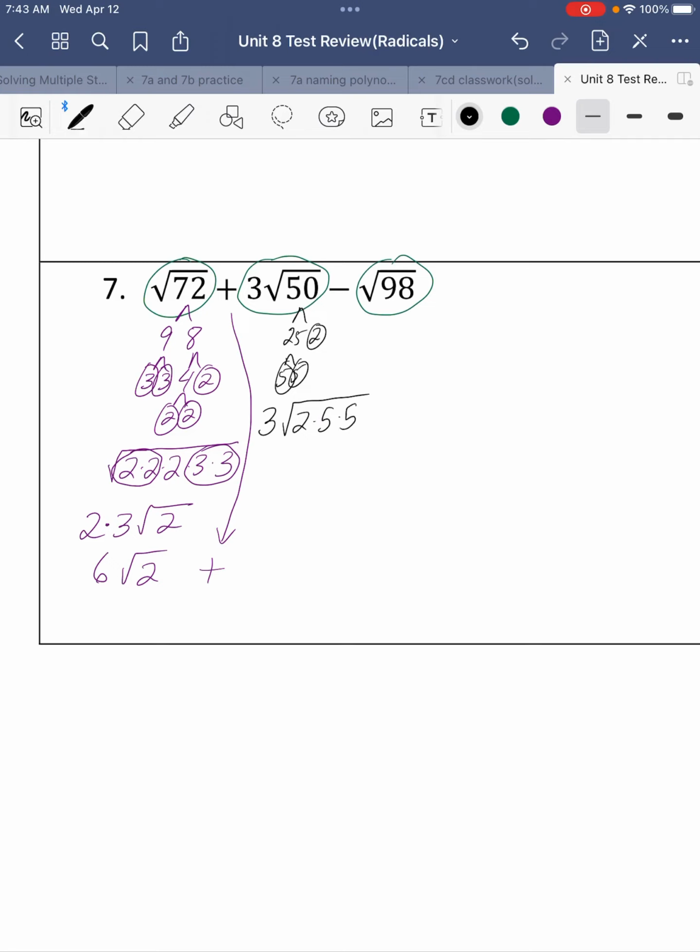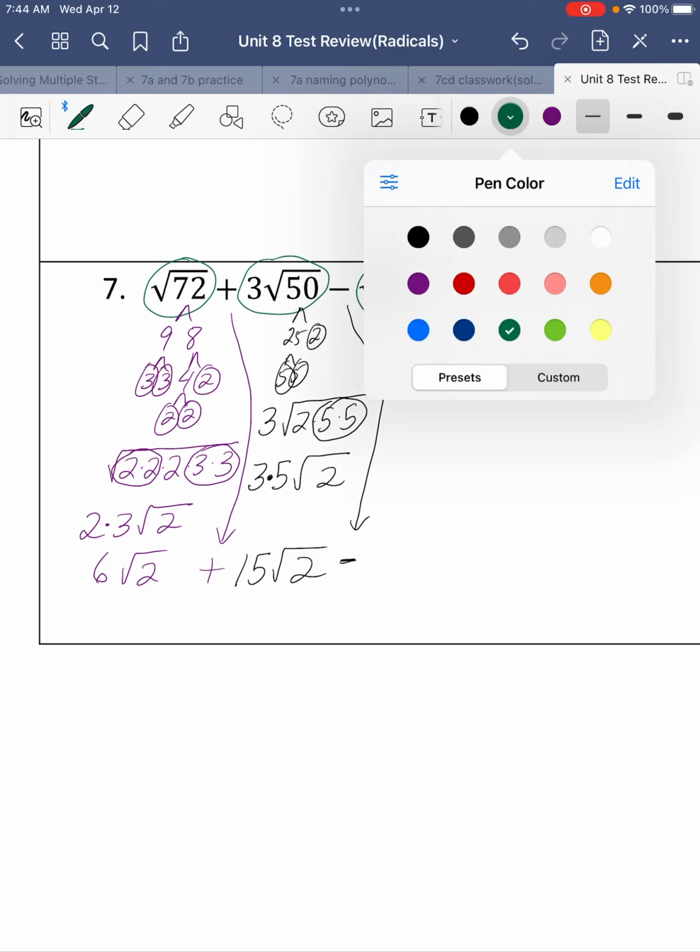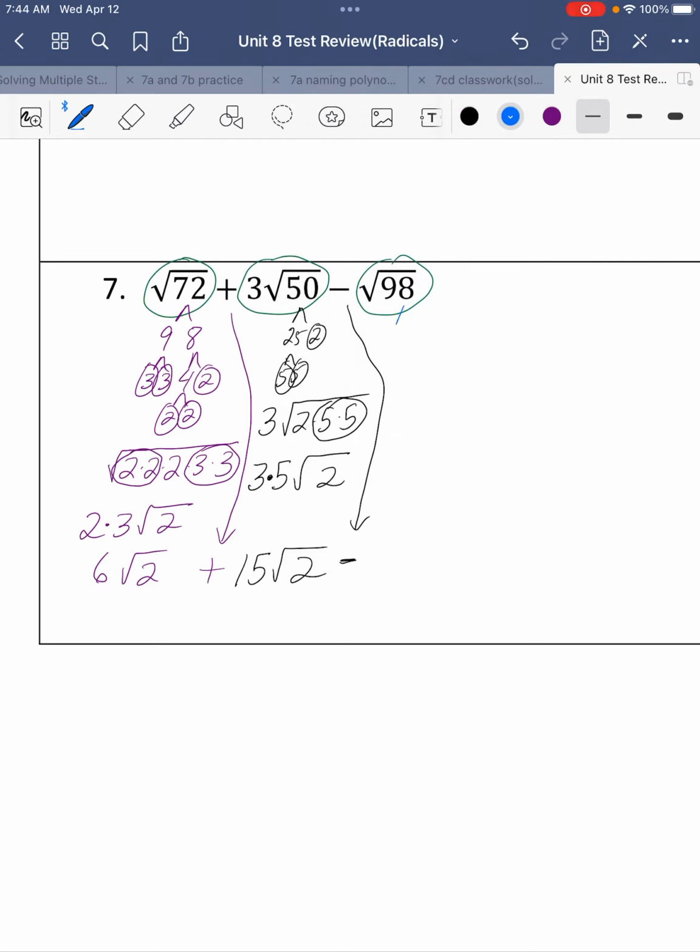So we have 3 times the square root of 2 times 5 times 5. It's a square root, so we need groups of 2, so that 5 times 5 is 25, and the square root of 25 is 5. So we have the 3 comes down, times 5, square root of 2. And that's 15. 3 times 5 is 15, square root of 2. And then we have the subtraction comes down. And then lastly,